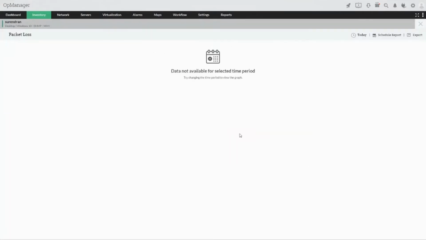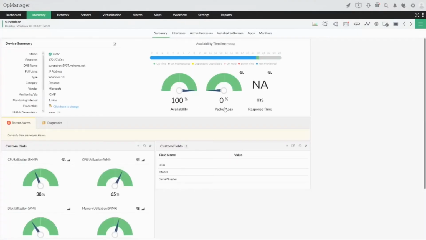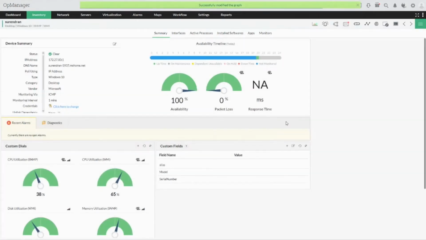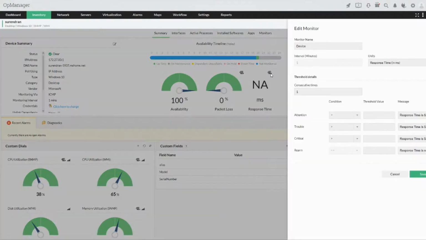And as we've already seen, we can configure the thresholds for packet loss and response time accordingly. For example, I need to configure packet loss and get notified whenever the packet loss goes above 40%, because for my environment, if the packet loss is greater than 40%, or greater than 55%, it means that the majority of my data is lost, and there is going to be a huge downtime in my environment, and this has to be handled immediately. So in those cases, I could set a threshold for my packet loss and then take it forward accordingly.